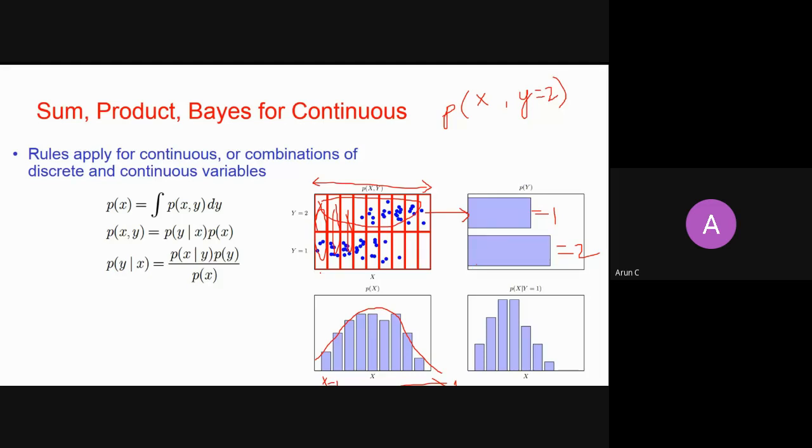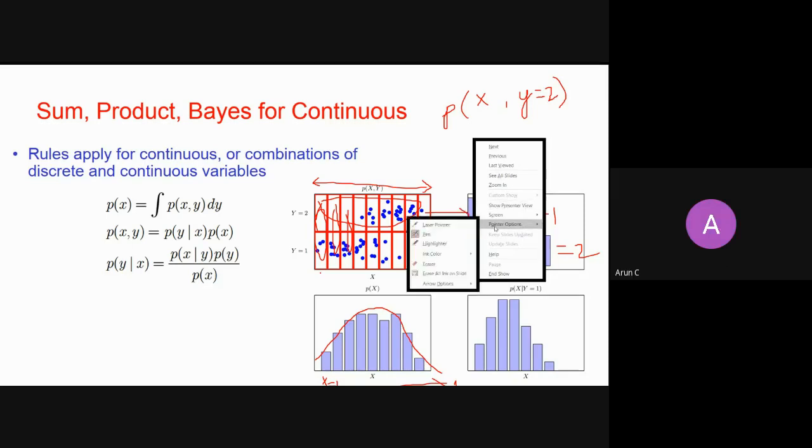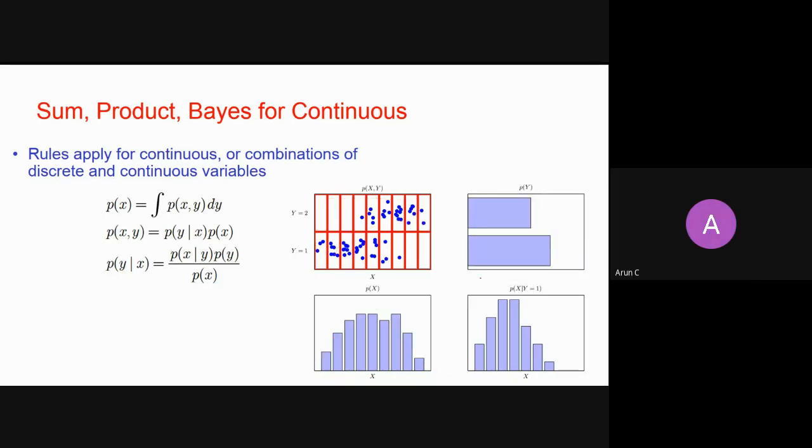So there are two types of marginalization. In the two-dimension case, either you are marginalizing over x or you are marginalizing over y. This is an important concept we will be using again and again, and geometrically, this is how you can see it. The second important concept is conditional. What is conditional? If somebody says, I know my universe is y equals 1, I am in the world where y equals 1.